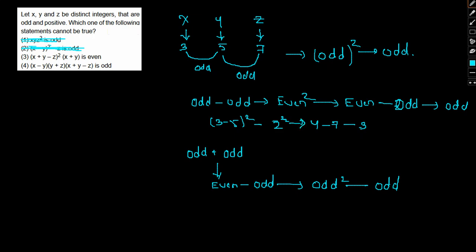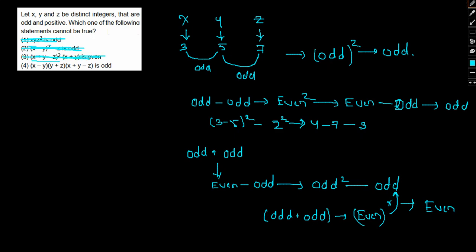So this particular part we have covered till the square. Okay, we have odd. Now x plus y, that is odd plus odd, is always even, like 7 plus 5. So odd plus odd is always even. Now even into odd would always be even, because we are multiplying, so it will always be even. So therefore this statement is also always true.